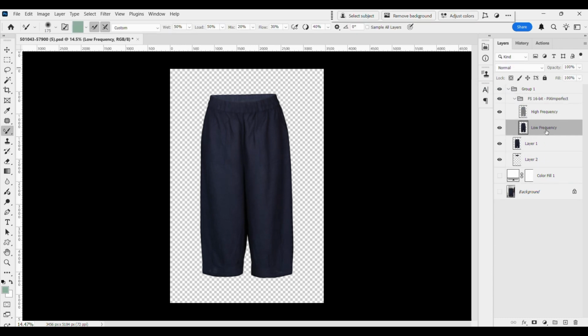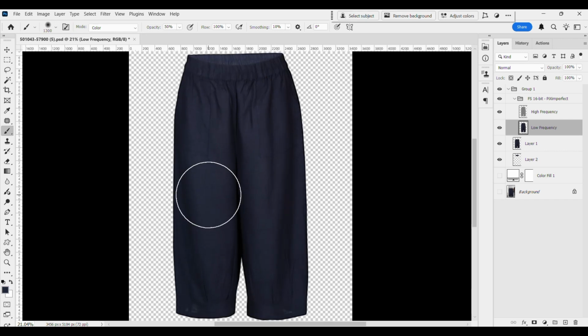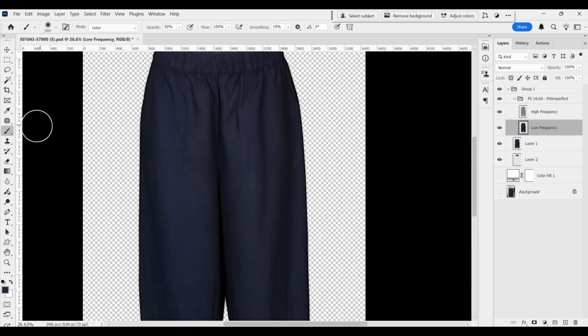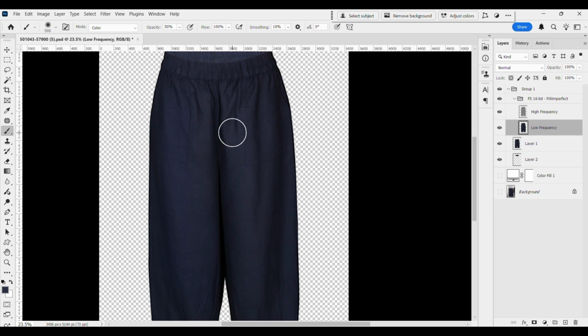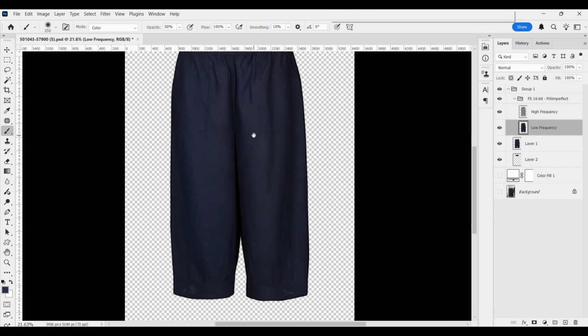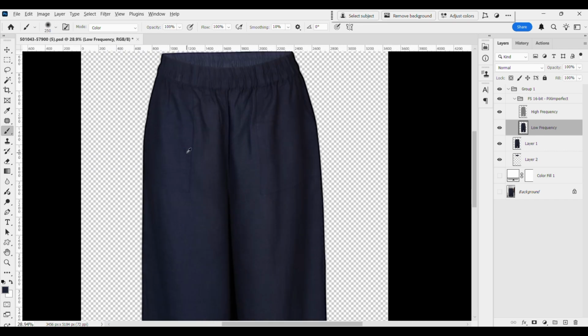Use frequency separation actions to reduce wrinkles and folds. Use the brush tool to paint over the folded and wrinkled areas. Once you are done painting over the image, select the lower frequency layer, control-click on layer 1, and invert it